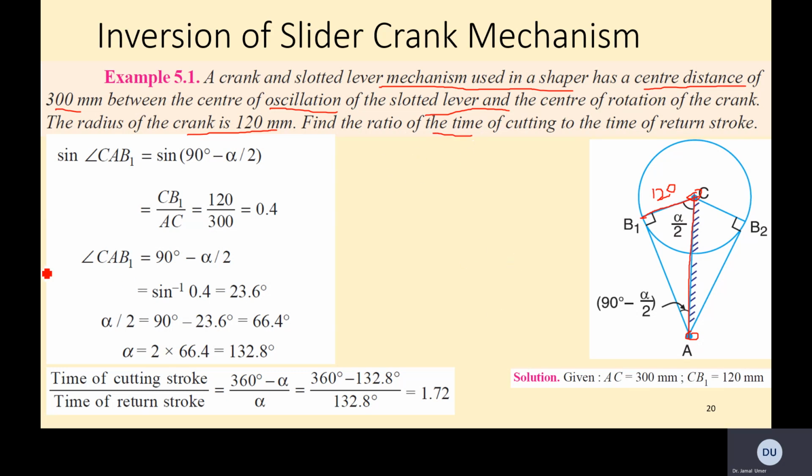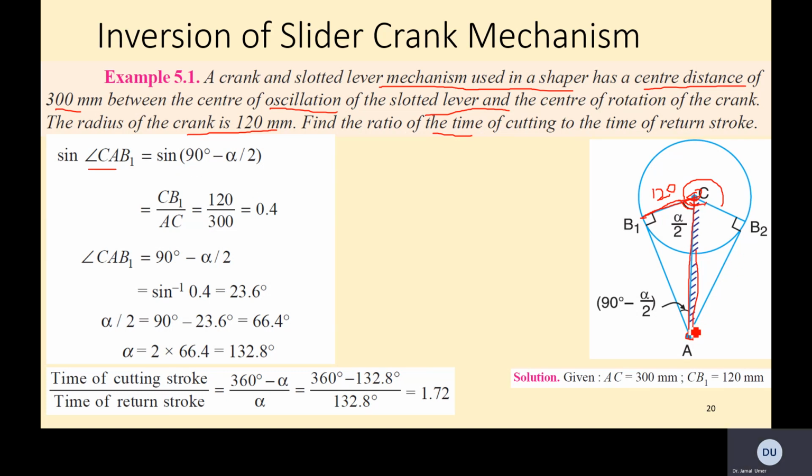So we go the same way. The sine of CAB. You see the angle CAB1. This angle is alpha by 2. You know why? Because this whole angle is alpha. In the one example we studied, this was beta. So if you take half, it's alpha by 2. So sine of angle CAB1 basically,